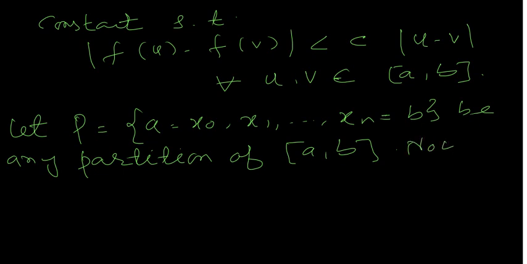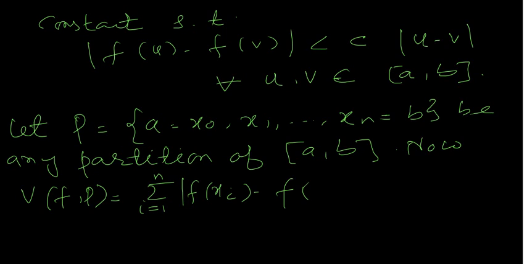Now we want to find the variation of f with respect to the partition P, which is equal to the summation, i runs from 1 to n, of mod of f of xi minus f of xi minus 1. Let's expand this sum first. This implies the variation of f with respect to the partition P, after expanding, will be equal to